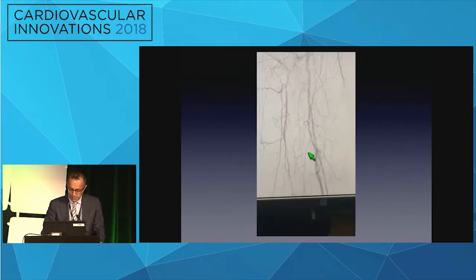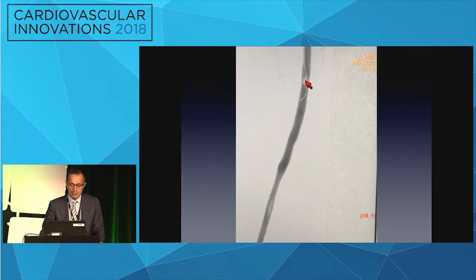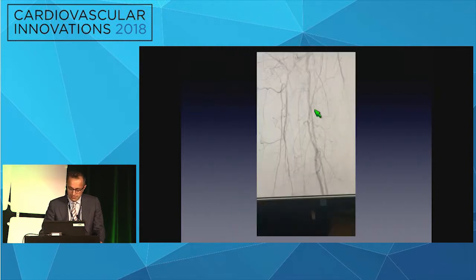Sorry, go back one. So here you can see evidence of early organized thrombus in the fempop graft that, this is difficult to see, but extended down into his TP trunk, peroneal, and PT. So we had antegrade access again. We were able to actually extract the thrombus manually, I think with a Penumbra device at the time. And I said, okay, I got out of Dodge. So we took him to recovery.